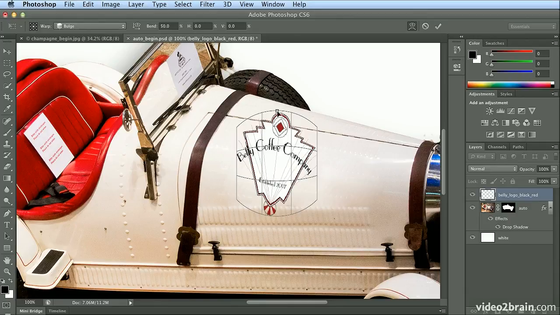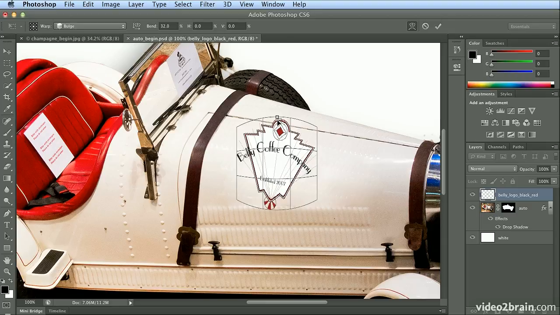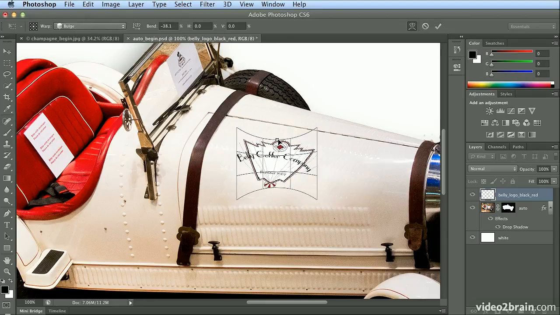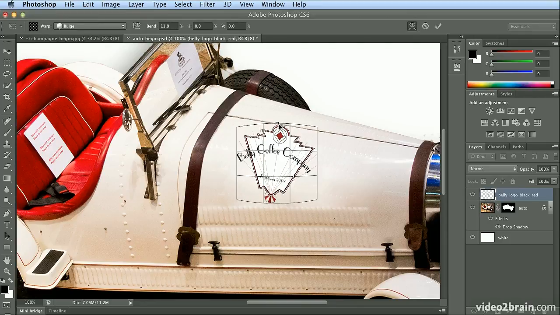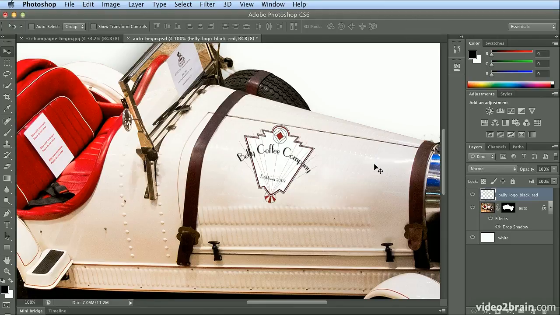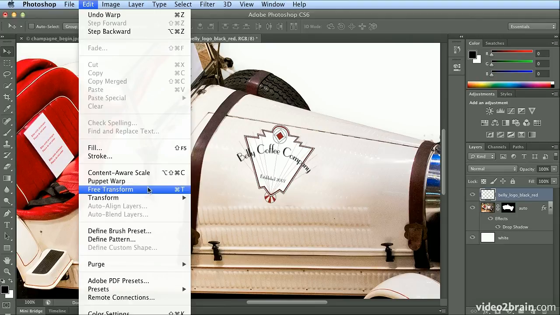If I choose Bulge, this little dial, or point at the top of the image, will let me pull that in and squish it, or go up a bit and create a bit of a curvature on the logo so it looks like it belongs on the car. When I press Return or Enter to accept it, I could do Undo, Command Z or Control Z, Redo, Command Z or Control Z. And this bulge did make it a little bit larger, so I'll use Edit, Free Transform,